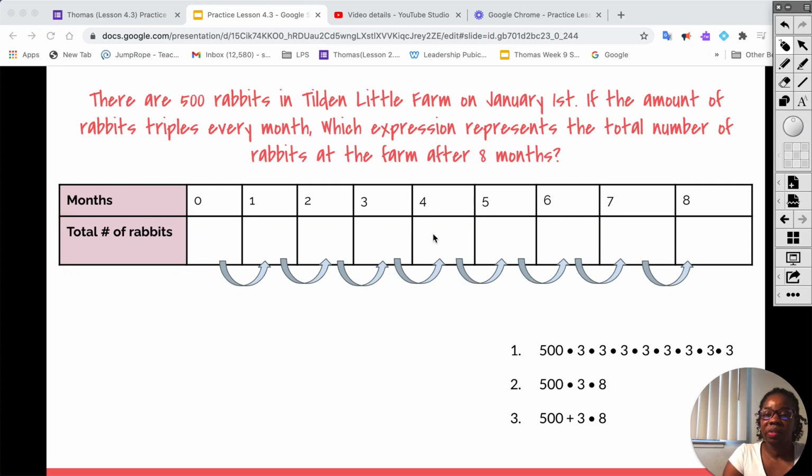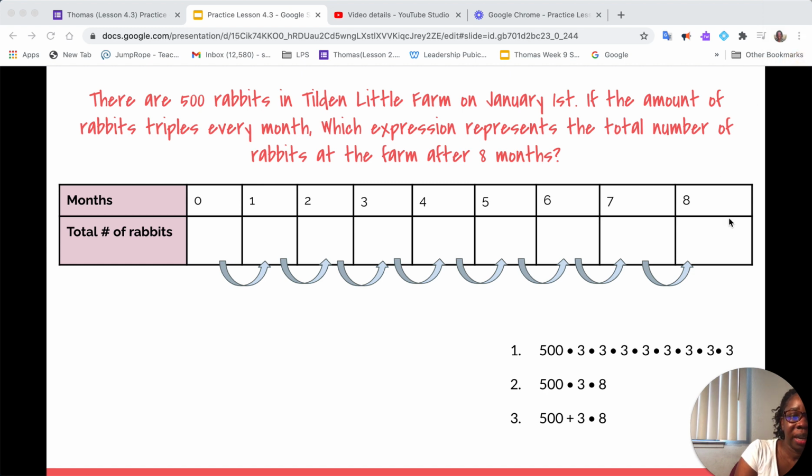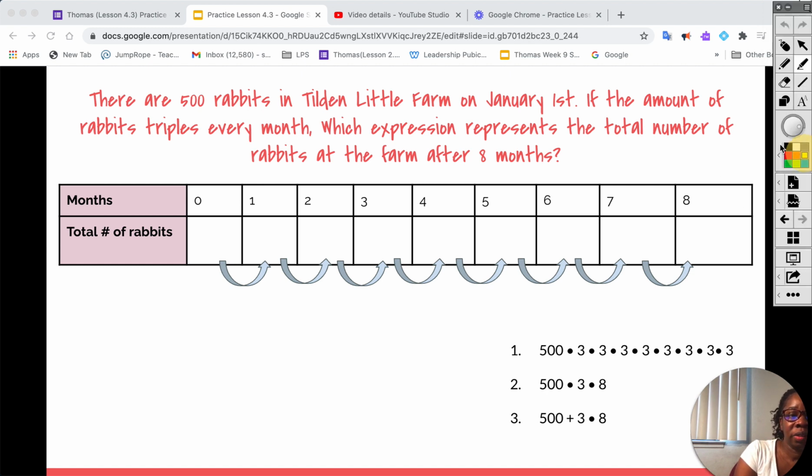All right, so this question says there are 500 rabbits in Tilden Little Farm on January 1st. If the amount of rabbits triples every month, which expression represents the total number of rabbits at the farm after 8 months? So, as usual, I like annotating my problem, which is the same as just paying attention to important